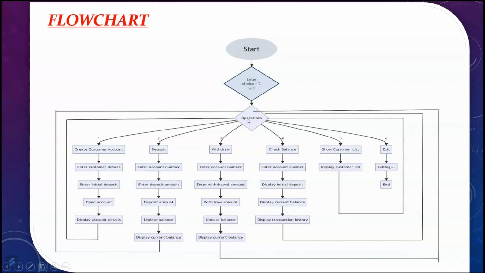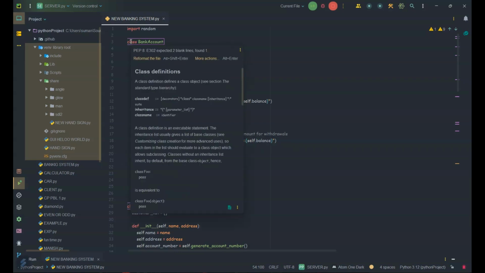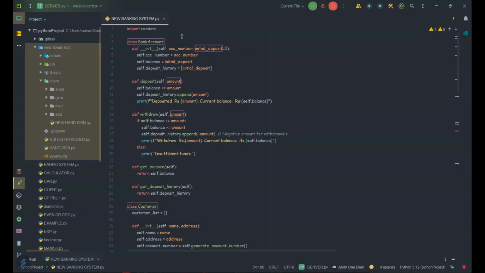So now let's jump to the coding session. Firstly, we have imported the random module. This will generate a random 10-digit account number for the new account creation. And after that, a parent class named bank account is created, and inside the parent class bank account, we created a child class named customer where we have defined different functions like